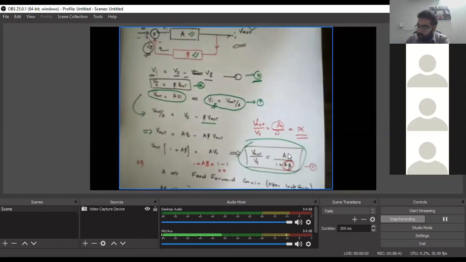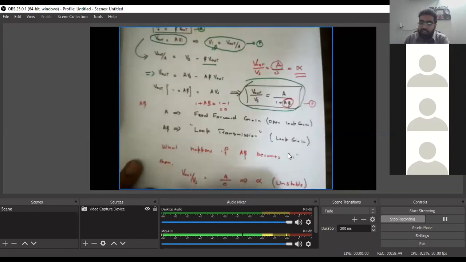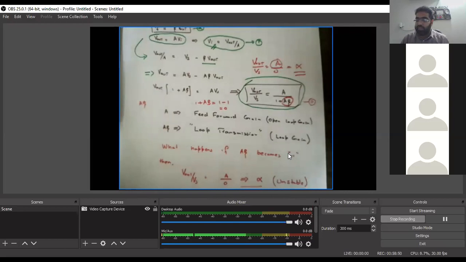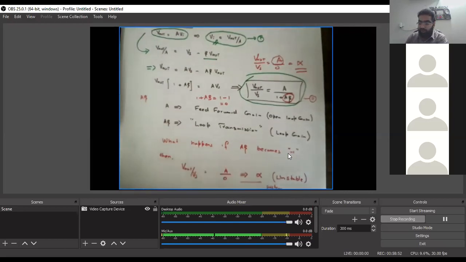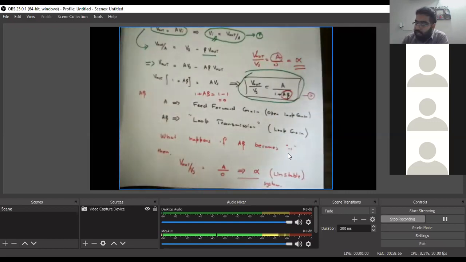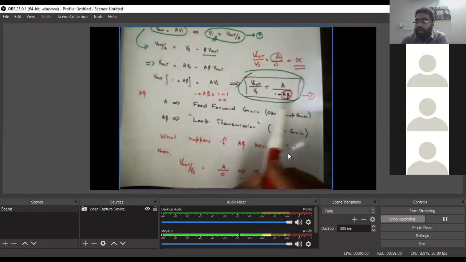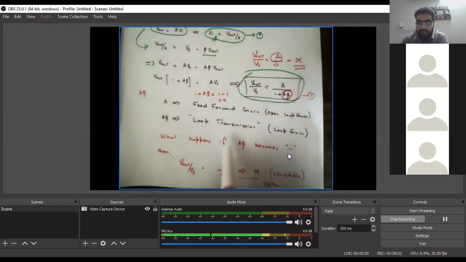Okay. So Vout by Vs becomes A by 0, becomes infinity, an unstable system. And that is the definition of an unstable system in a negative feedback. Since it is a negative feedback system, somehow because of this value of A times beta, if it becomes negative one, instead of having negative feedback, the system now becomes positive feedback. This means the system becomes unstable. Okay? We need to do something about how we can get rid of it, or how we can judge this condition